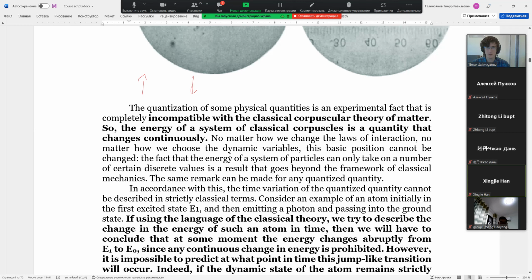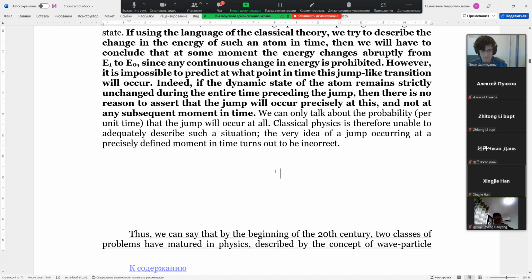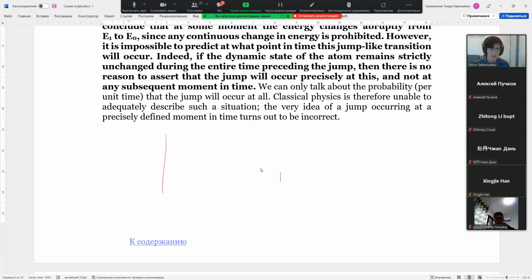Yeah, we are almost at the end of the introduction. Okay, let's think about this Bohr concept of the atom. Let's assume that some particle can be at energy level E1 and energy level E0, and cannot obtain energy somewhere in between. In classical mechanics, probably you can, I'm not sure, but I do not know any examples of how you can build a system that has only discrete energies. Moreover, you can show that it is impossible in classical physics